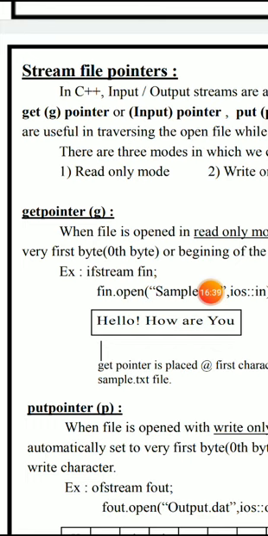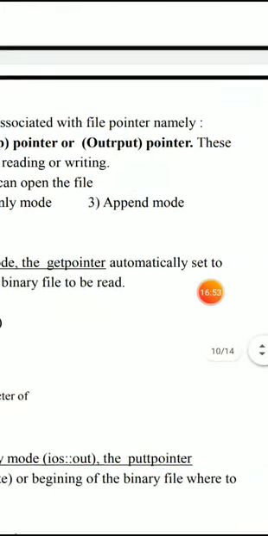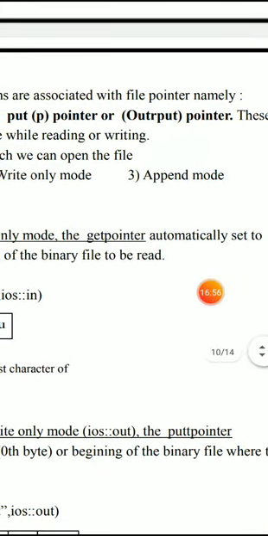Read only mode allows the user to read only the existing data in a file. Write only mode allows the user to open a file with a suitable name for writing purposes, then start writing data from the first character position. Similarly, append mode allows the user to add new data from the position where the previous data was entered.